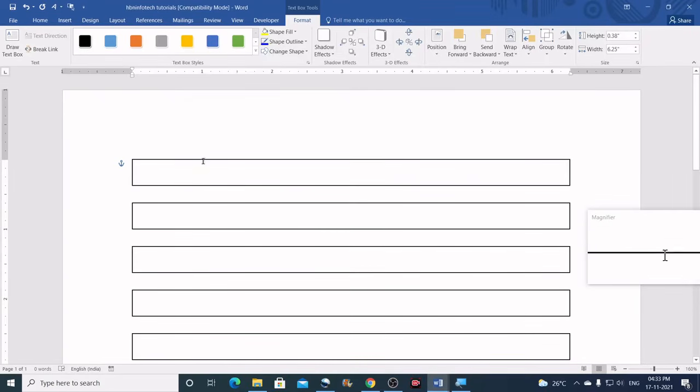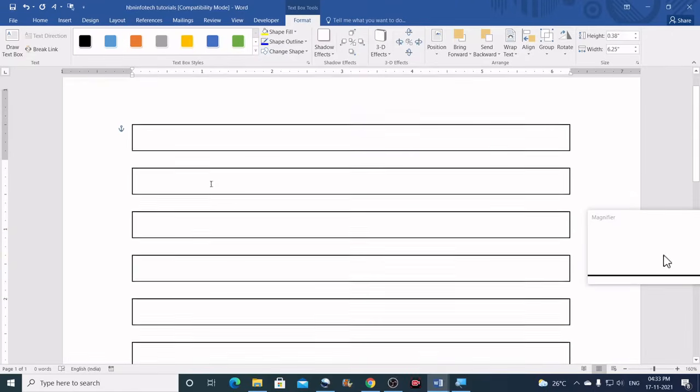Okay, now I have linked all the text boxes. Now let us move on to the next step.